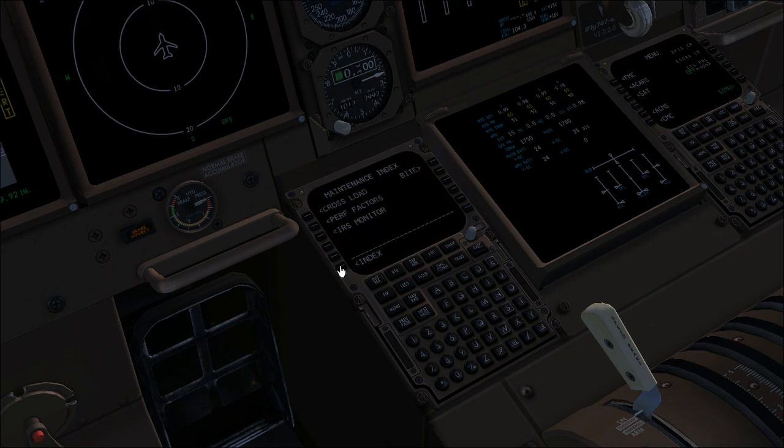Anyway, I will not modify anything now, we will just use the standard one. This is the init page. We can go to position initial. We are in Lima Papa Romeo, so we can select Lima Papa Romeo as the reference airport. We have the position. In this case we will use the GPS position to set the IRS position. As you can see,